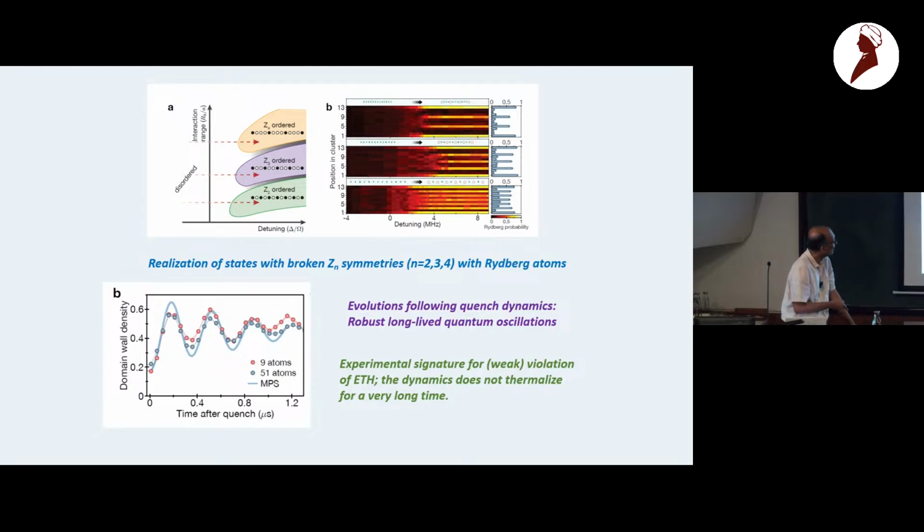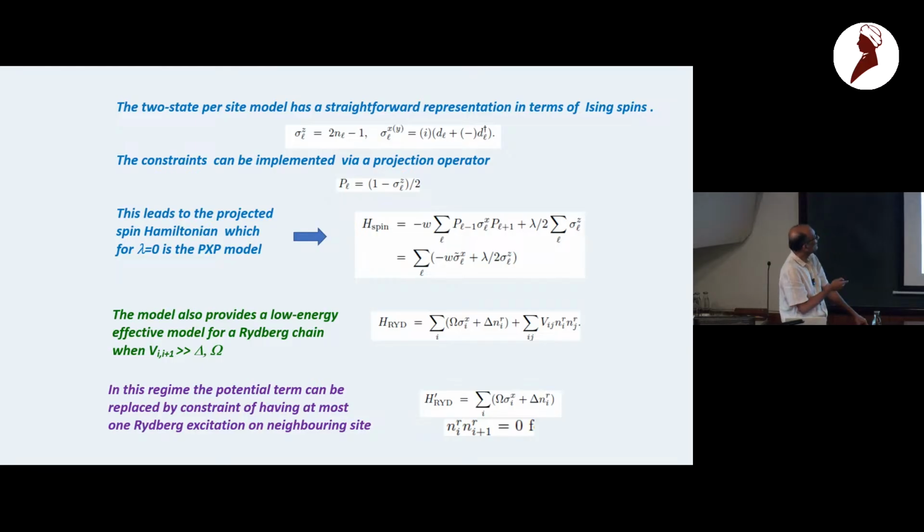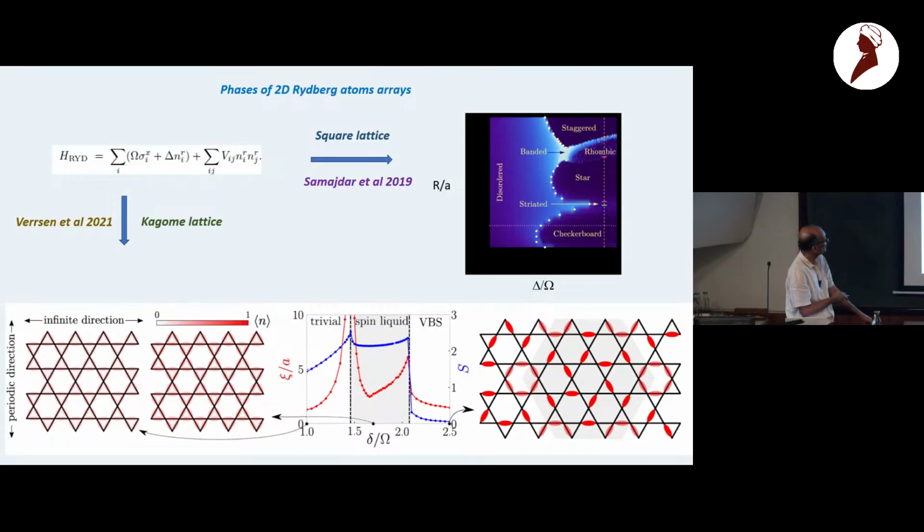Okay. I'm going to come to this picture a bit later, but as it turns out, there is a way to map all this into the dipole model, and one can create a model like this. In the literature, it's typically called the PXP model, and people have worked with this and got the phase diagram, nothing different.